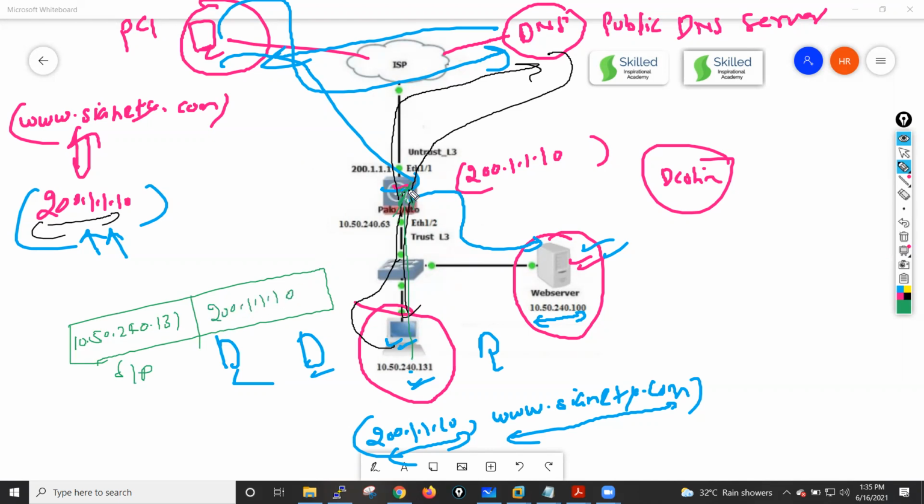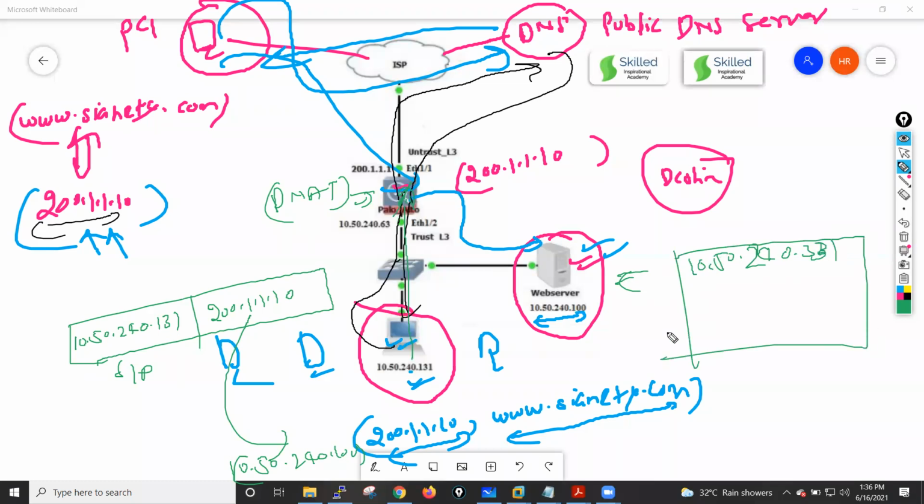Because on the firewall we have configured the destination NAT, my firewall translates this IP address into the server's private IP address, which is 10.50.240.100. So now this server receives a request from 10.50.240.131.